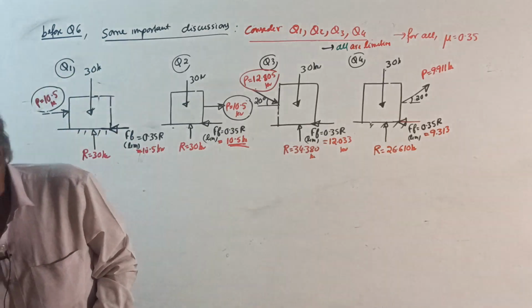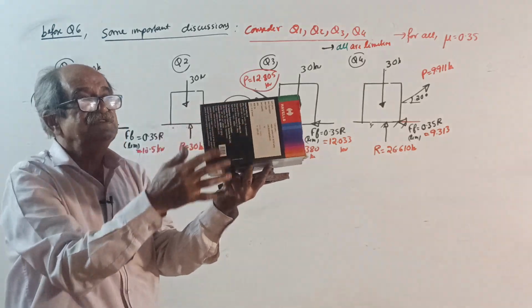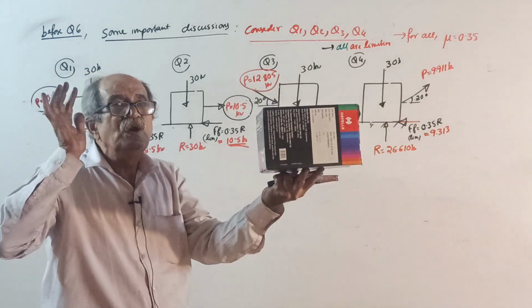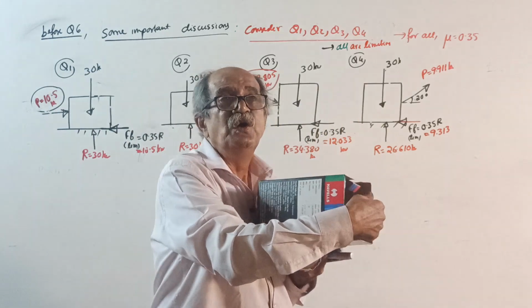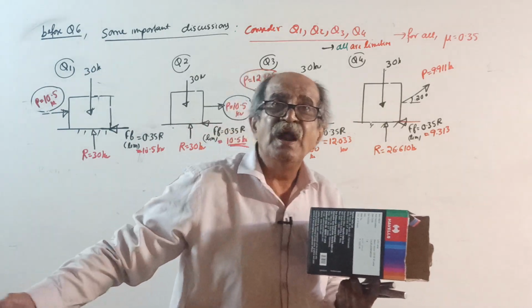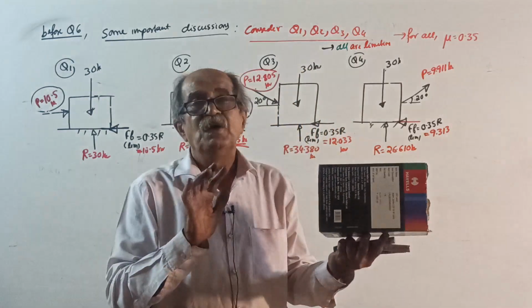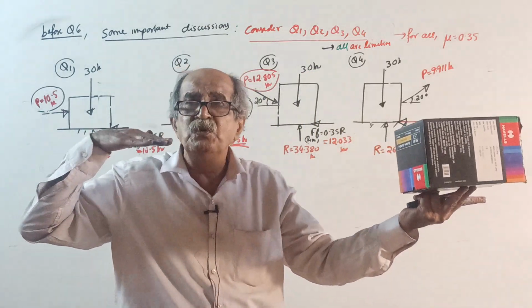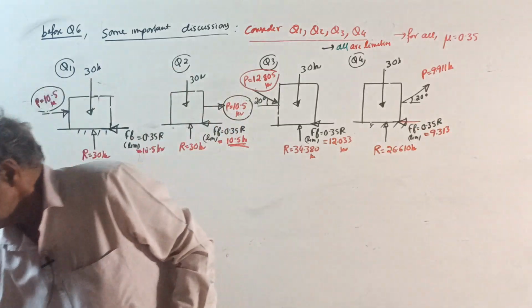Suppose there is a car. Either you go to the back side and horizontally push, or go to the front side, put a rope and horizontally pull. Both have the same effect because it has no vertical component. As long as you apply a pure horizontal force, push or pull does not matter. But